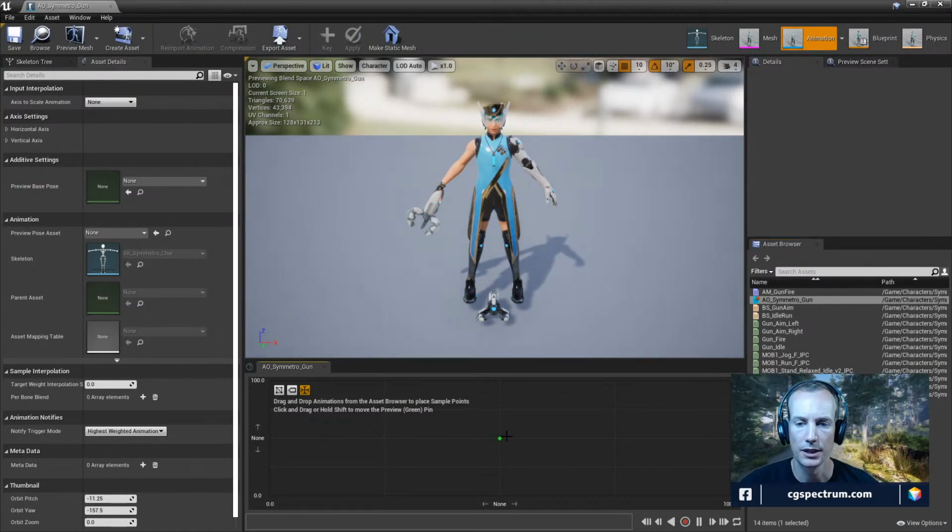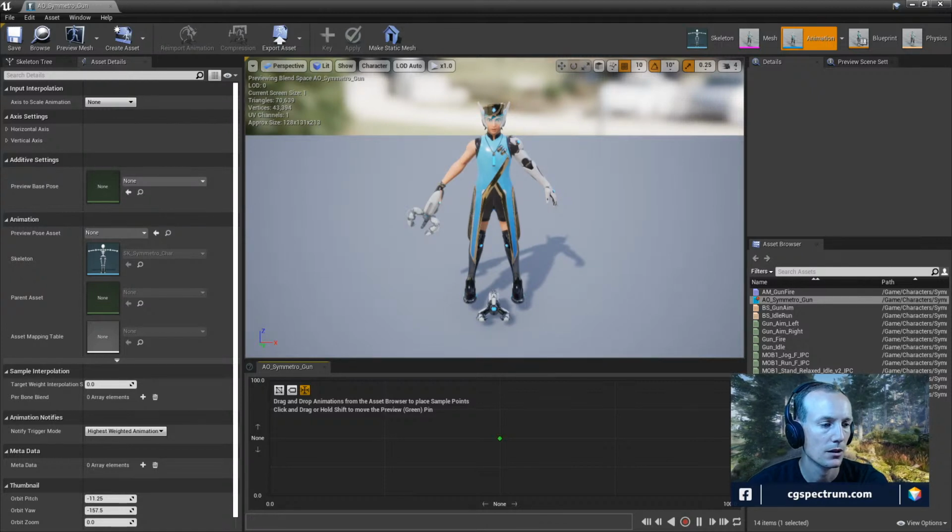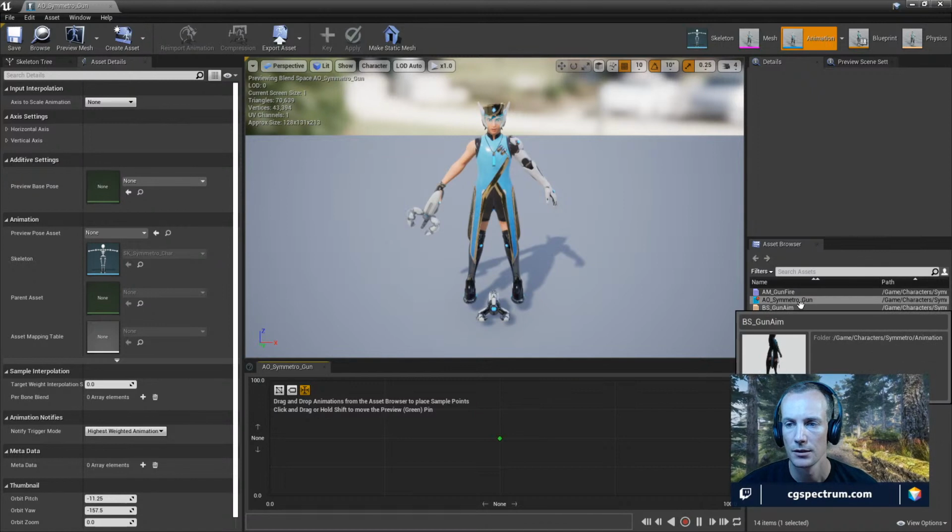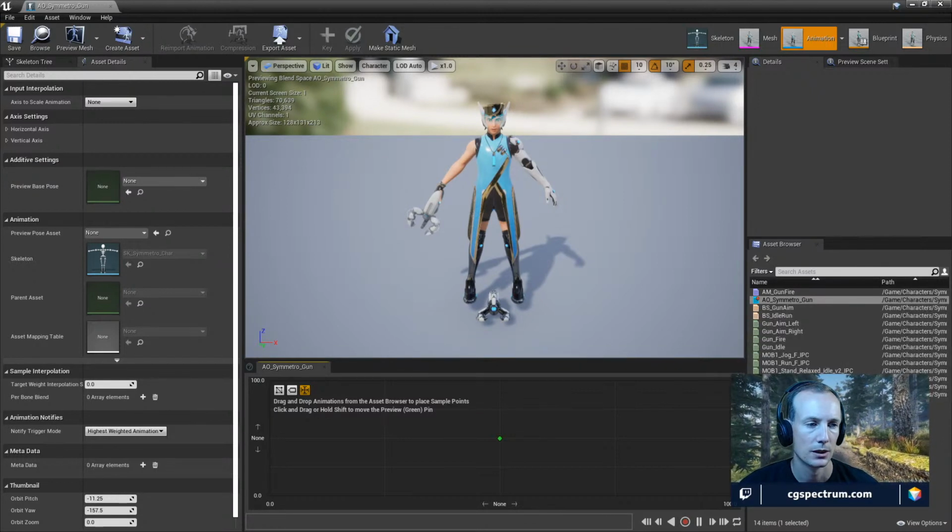So this is what we have here. It's very similar to what we had before, with a blend space. But what we're going to try to do